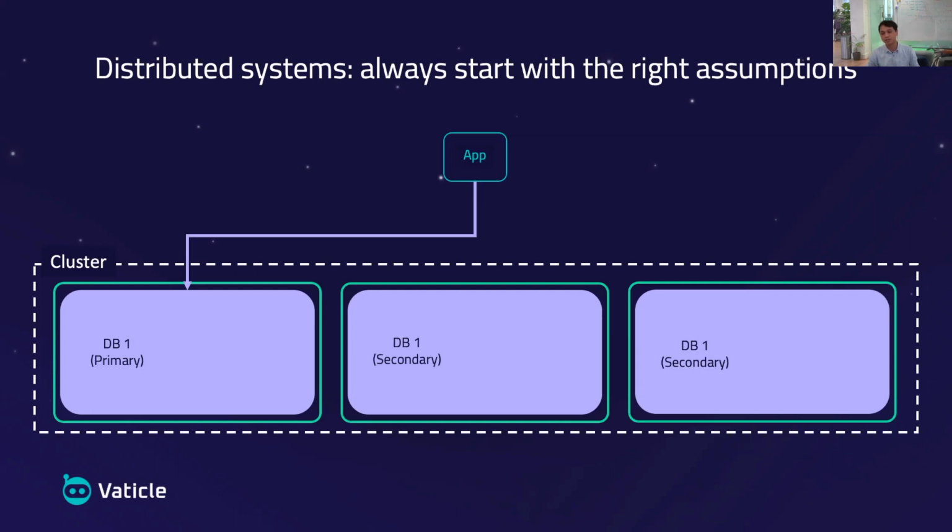Sometimes data gets sent and is lost. Sometimes data gets sent and is duplicated. And sometimes data is sent out of order. You send A and then you send B, but the recipient receives B and then A. So these are the things that we cannot assume in a distributed system.